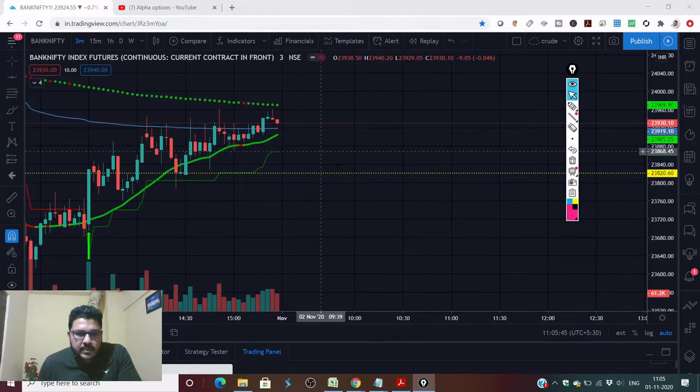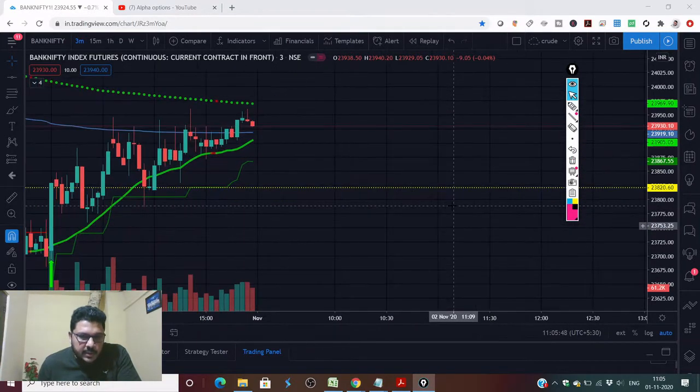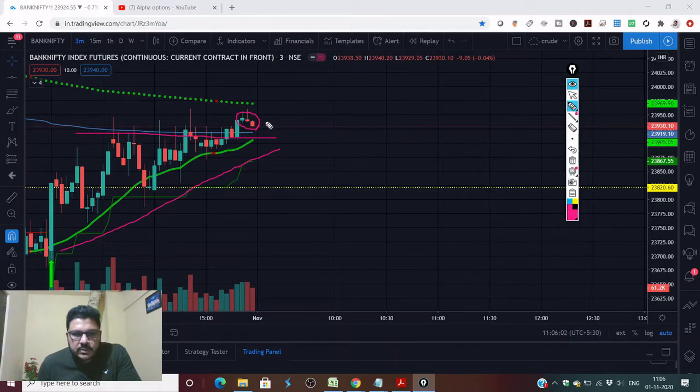On the 3-minute time frame, you'll be able to clearly see why I am holding my positive position, because at the end I have seen that the market has a 20 period average moving up. Price actually closed above the VWAP, which is a very positive sign, but there is a resistance here. So I am expecting if the market gaps above this resistance, it can easily go up from here, but I don't want it to open below this VWAP line, because this again will give a lot of room for it to fall